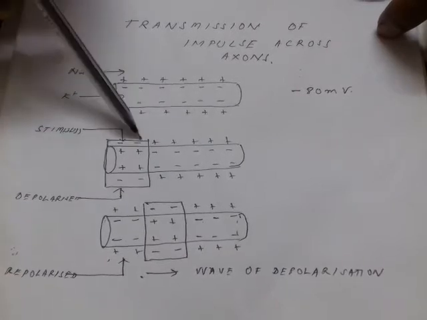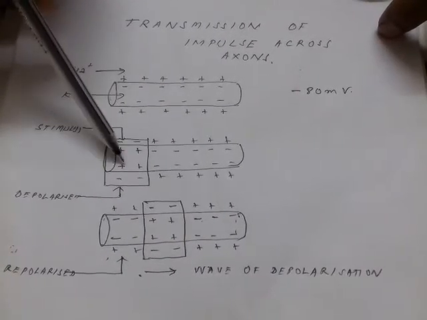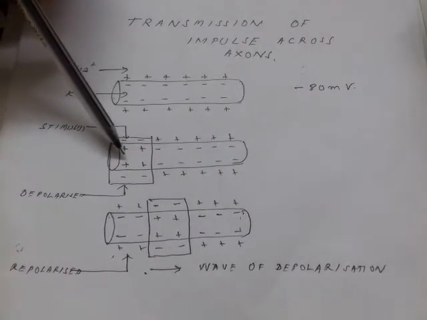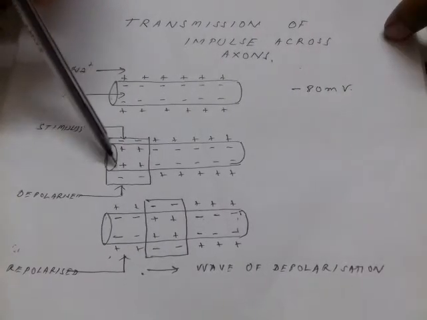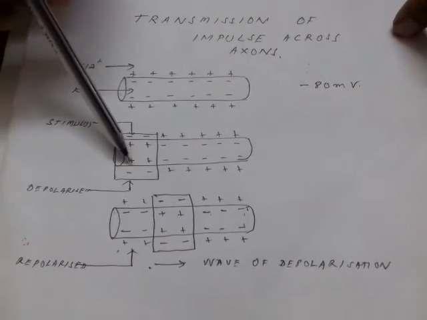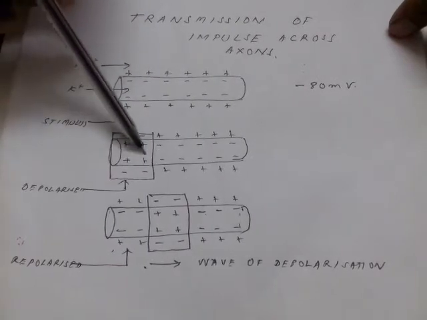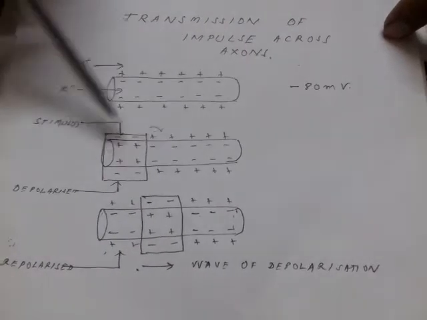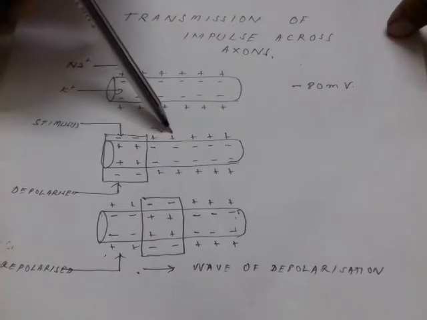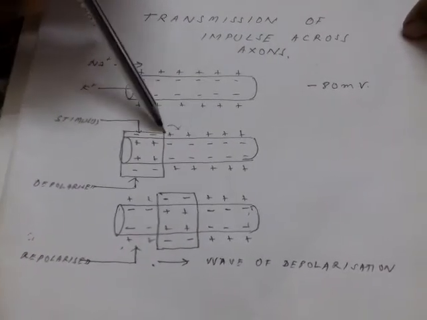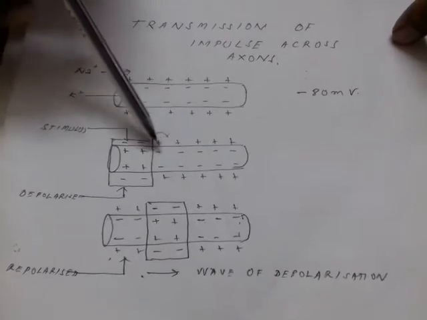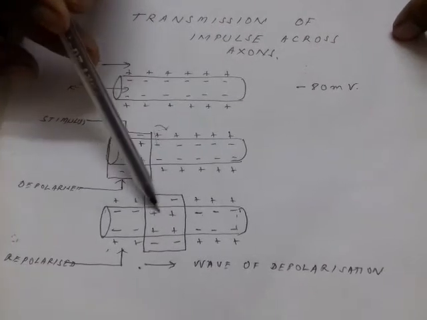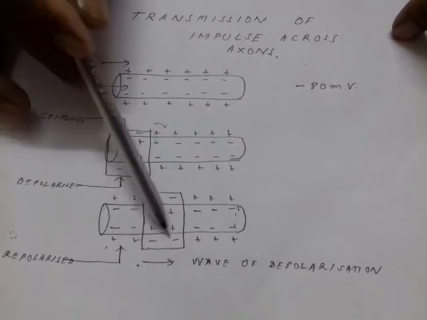We say this portion is a depolarized region. Depolarization takes place when the potential is raised to the action potential. When it is raised to the action potential, we say this state is depolarized. And because of this depolarization, the impulse is transmitted to the next place. The wave of transmission goes to the next place, the sodium gates open there, and the positive sodium ions move inside. So you can see in the next diagram, inside it becomes plus and outside it becomes minus.